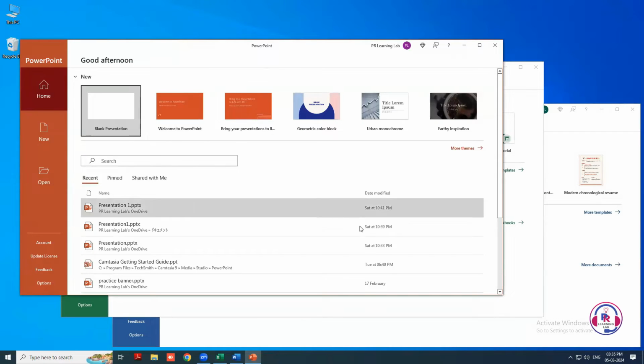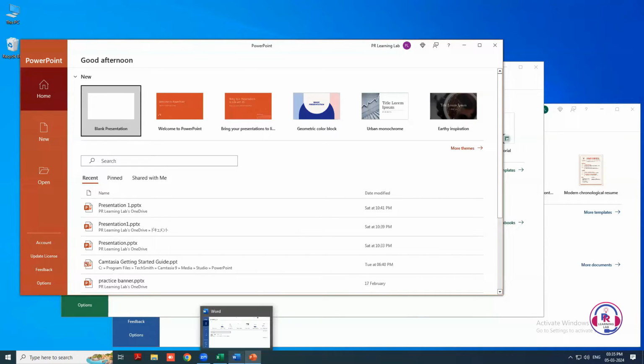Look at the window you want to bring to the forefront. Position your mouse cursor over any part of that window, and then click once with your left mouse button. This action will activate the window, bringing it to the front of other open windows.